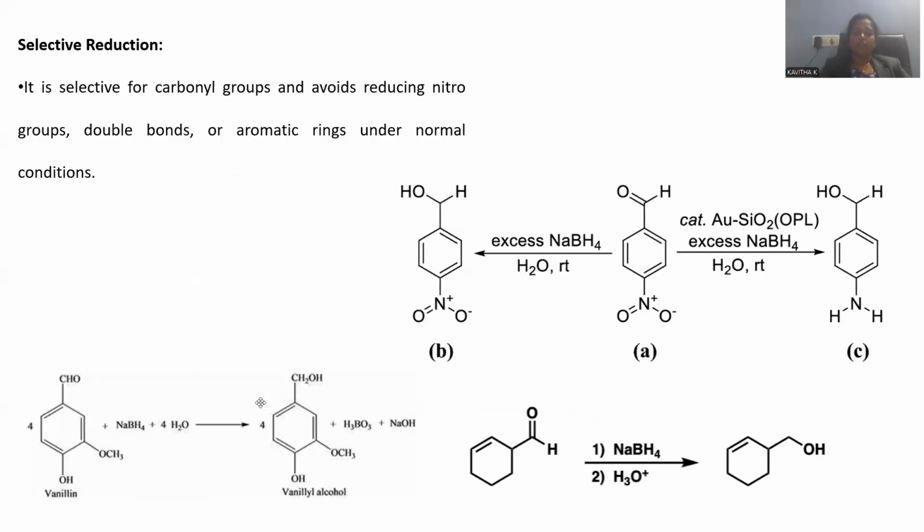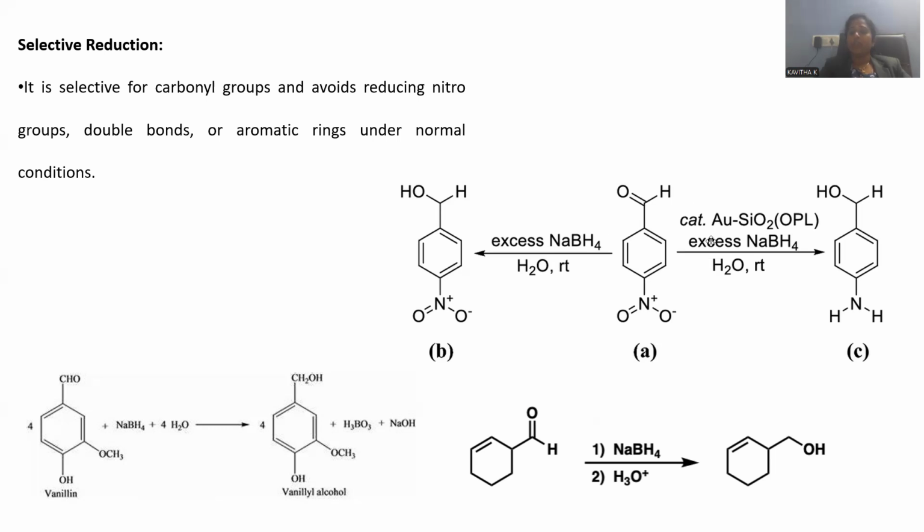And now selective reduction you can observe. I'm taking benzaldehyde with a para nitro functional group as the starting material, so an aldehyde is there along with the para nitro. Sodium borohydride is added, water is mixed, and room temperature is applied. At room temperature only, you are supposed to go for the reactivity. Whenever this aldehyde is treated with sodium borohydride, obviously there is primary alcohol formation. Nitro is unaffected; we are not supposed to reduce this.